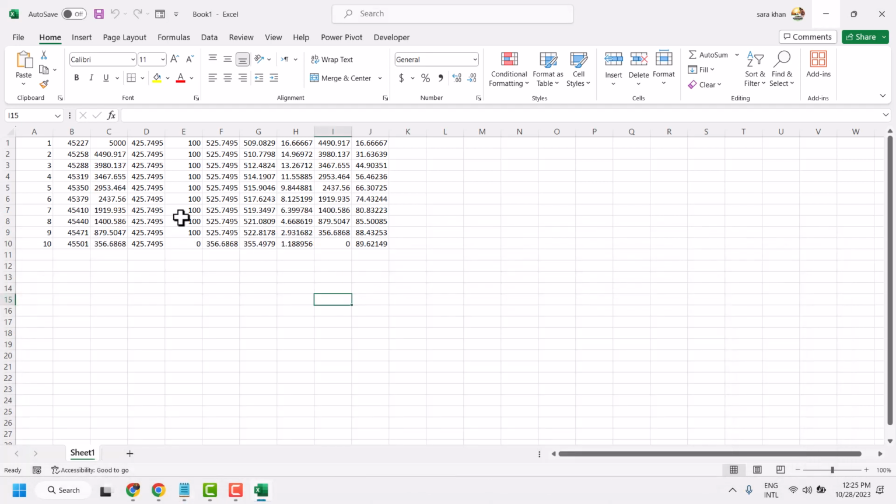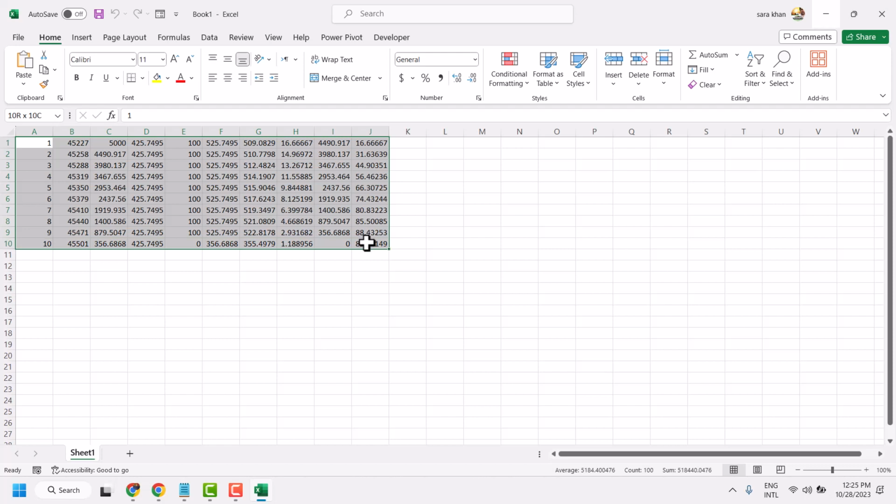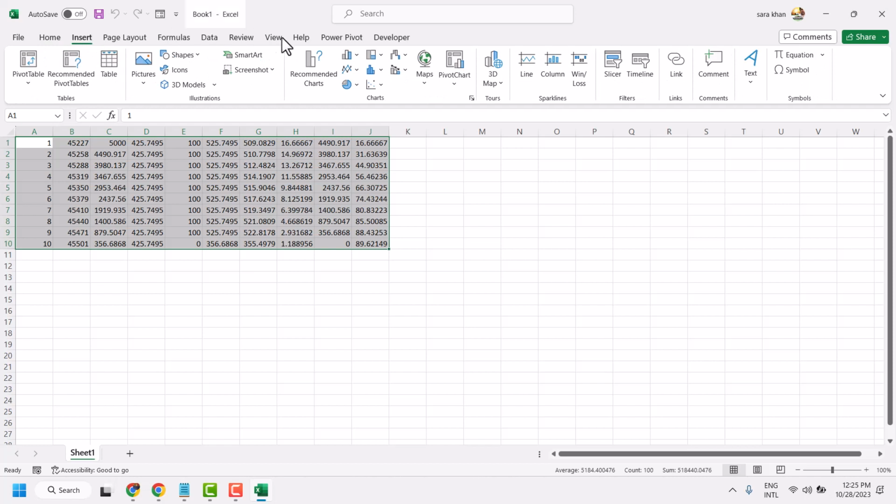So firstly guys, you need some data. For example, I have this data and I want to create a graph for this data. So copy it, then insert, and in the chart section you will see different types of graph. So you can insert